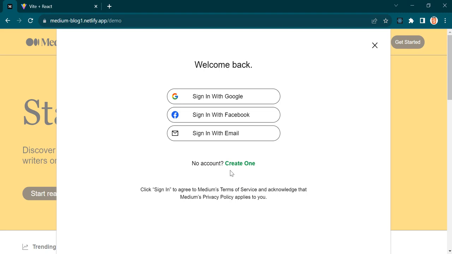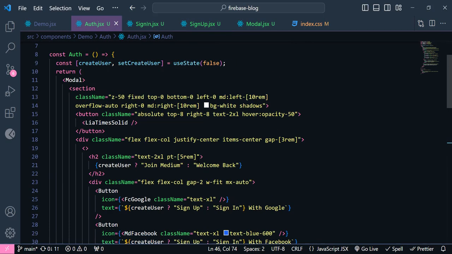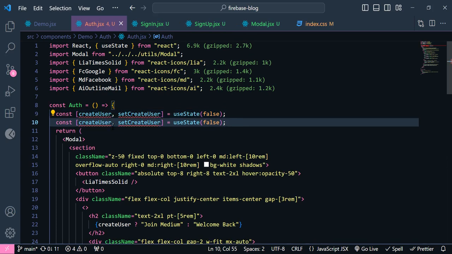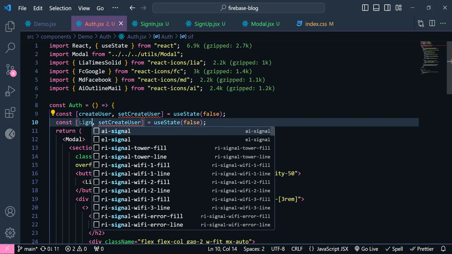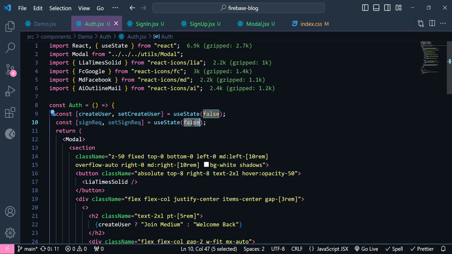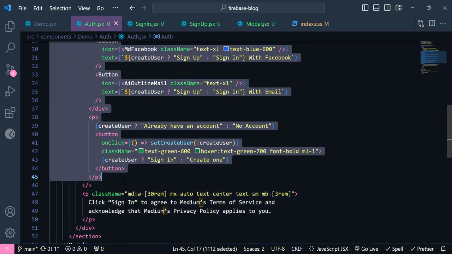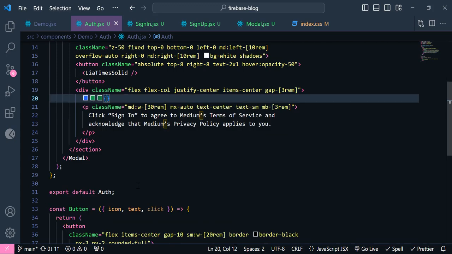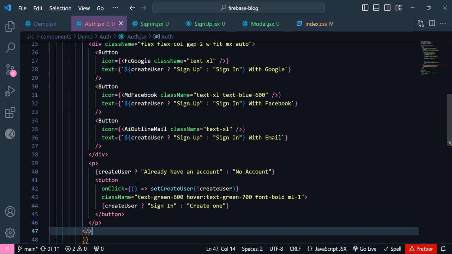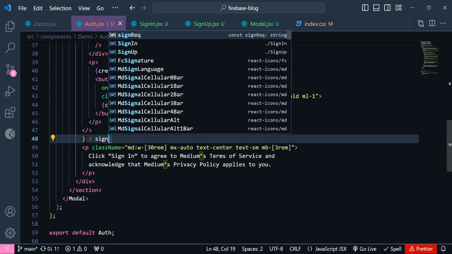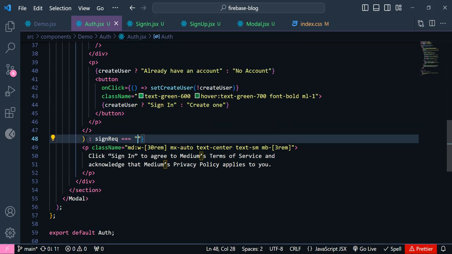Okay, so to show our sign in and sign up page, we need to set a condition between our sign in and sign up form and this page. So for that, again, we need to have another useState hook in here. So I just copy and paste this. By default, it's going to be an empty string. Now in this fragment, I'm going to set a condition. I just copy all of them. And I'm going to say if signInRequest is equal to empty string, then I'm going to just display this one. Okay, otherwise if signInRequest is equal to sign in,